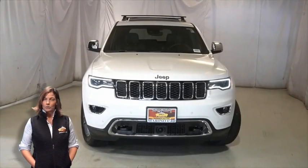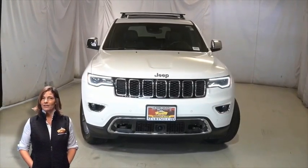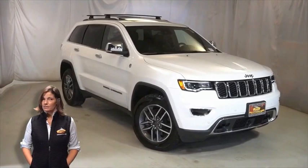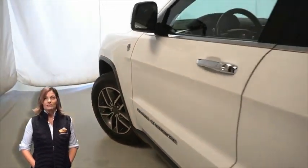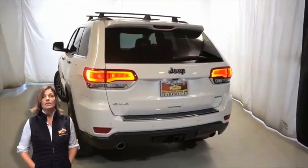Looking for a highly equipped SUV with all the right options and reliability? We'll take a look at this certified pre-owned 2020 Jeep Grand Cherokee Limited in bright white. With BI-XENON HID headlamps, LED fog lamps, 18-inch aluminum wheels, power heated mirrors, LED tail lamps, tow package, heated and